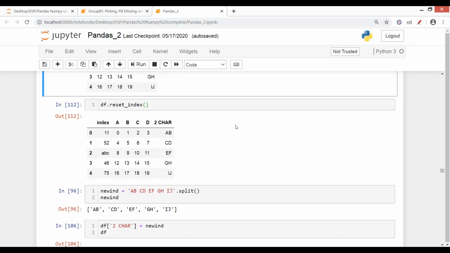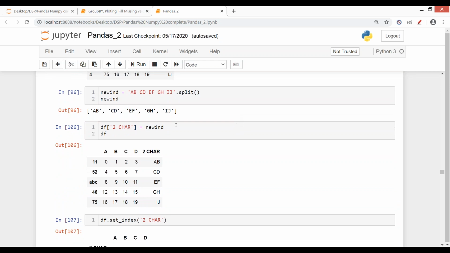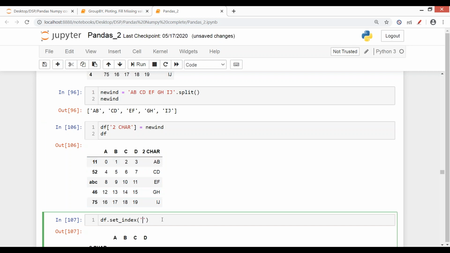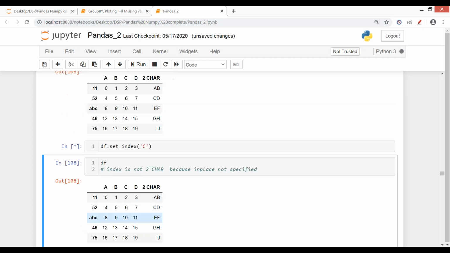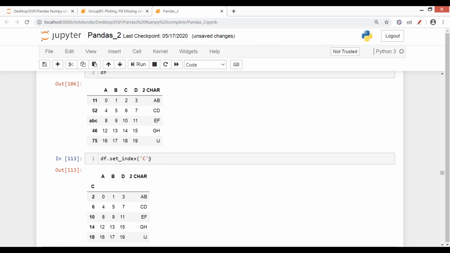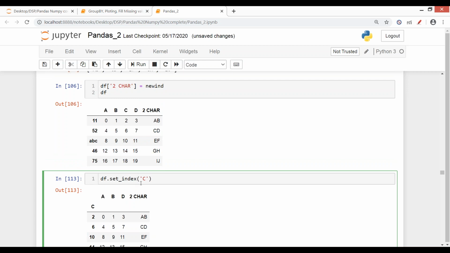Okay. So this was reset index. Then we just did set index. That is, you can specify a specific column. I've chosen 2char as the column which I want to make an index. So the dot set index command will help you to create your custom index. It can be applied on numerical data as well. It's not mandatory that only text will work. You can apply it on this as well. So yes, I want column C as my index. Now column C is my index. So it can be applied on both integer and text data. There is no such limitation. Now C is not a column. C is my index here. So any confusion? What did you do?